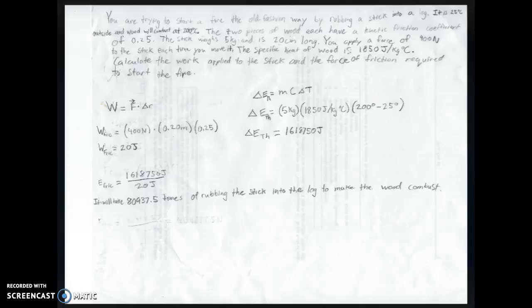Next, we find the change in thermal energy, which is equal to mass times specific heat times change in temperature, which is equal to 5 kilograms times 1,850 joules per kilogram times degrees Celsius times the difference of 200 minus 25, which equals 175 degrees Celsius, and we get a delta E thermal equals 161